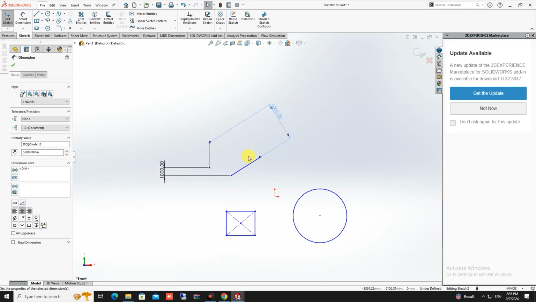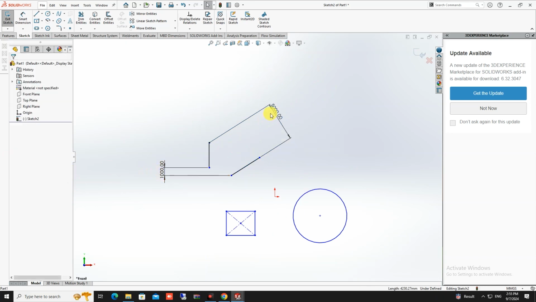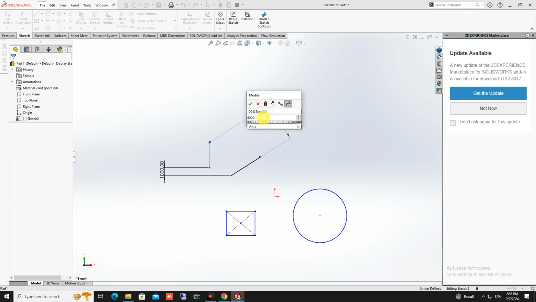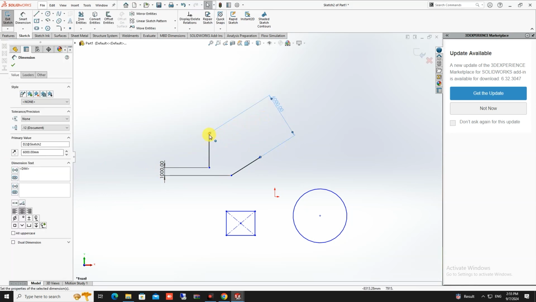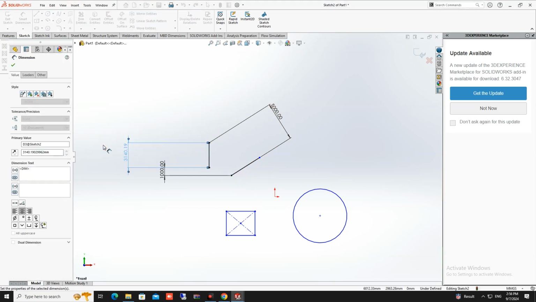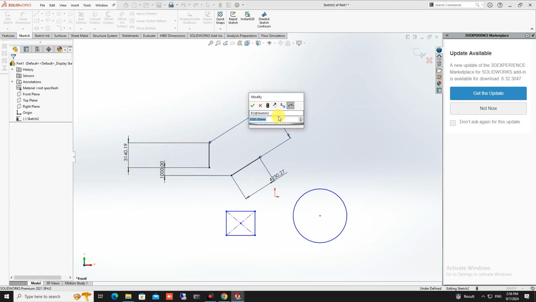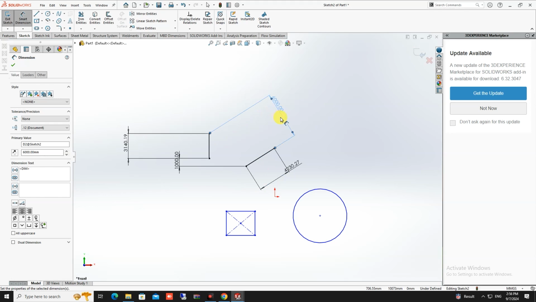And let me show you something else. I will fix this one, and then change this distance. You can see that because this one doesn't have any relations, the software can increase the length and insert these relation. If I press Ctrl Z and insert a length for each one of them, now these lines have length, and by changing it, you can see that it will change the distance, keeping the same